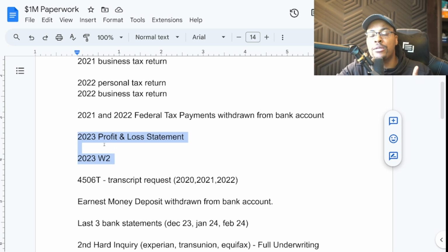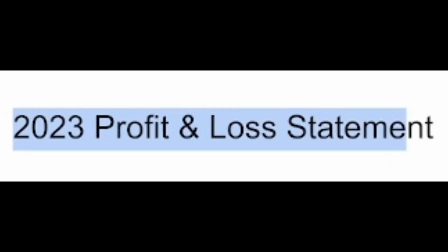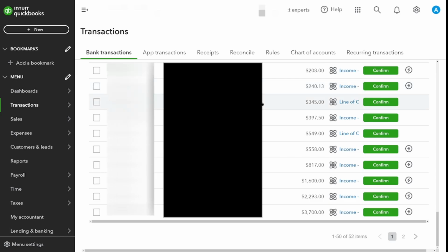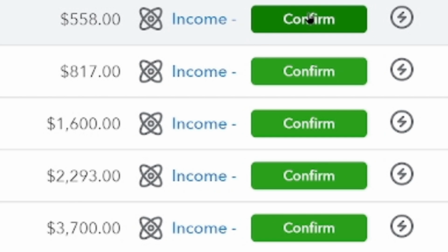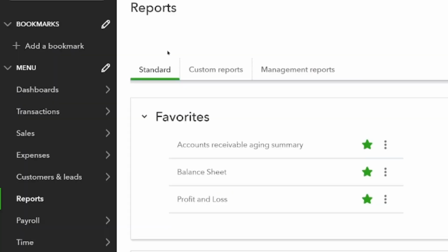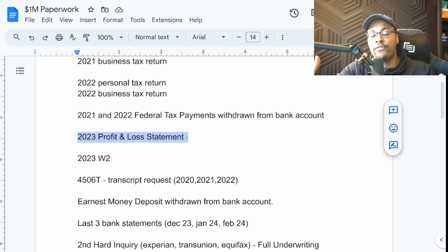The other thing I wanted to point out with the profit and loss is that this was coming out of QuickBooks. As a business owner, you've got to make sure that your books are up to date, because when you don't reconcile or confirm transactions in your accounting software, those transactions are not going to be counted when you go to pull your P&L, right? At least in QuickBooks, until you confirm or categorize those transactions, they're not going to populate to